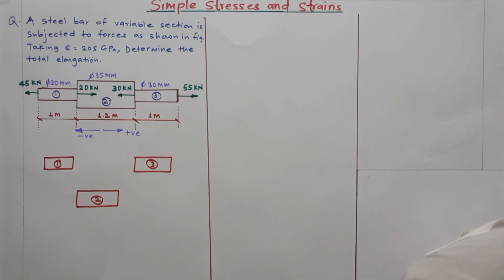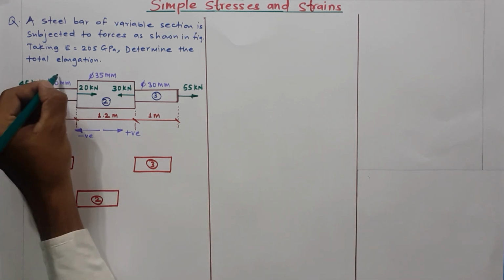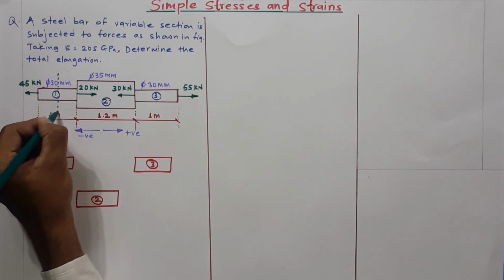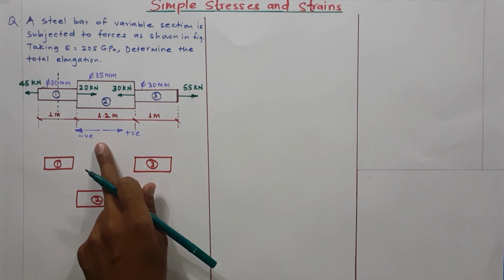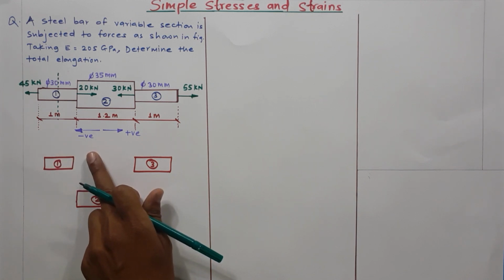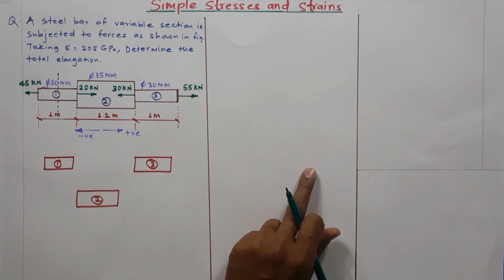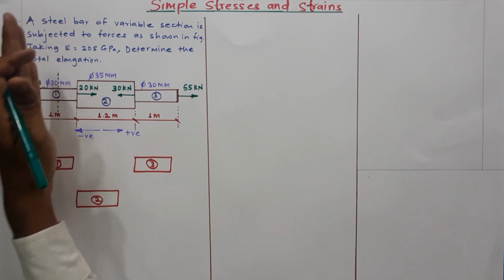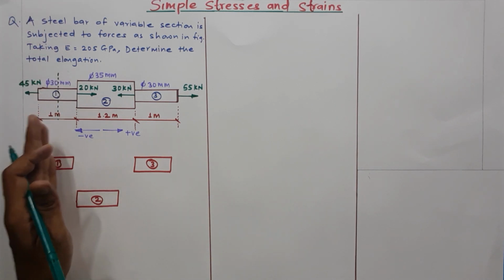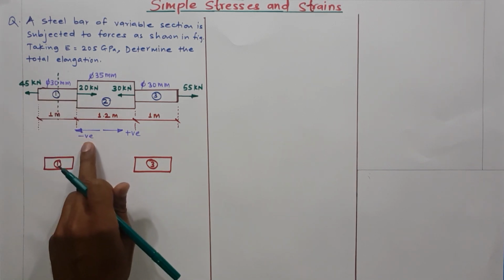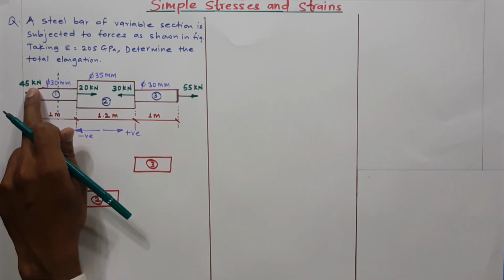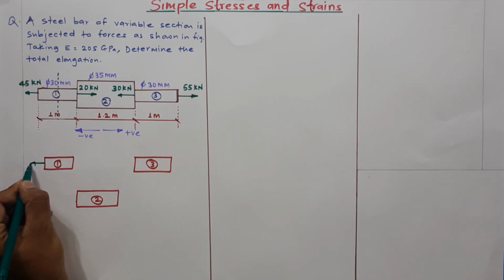Let's see then. We consider one section in the first part. See only the left side of forces. As we know the sign conventions, forces going towards left we take negative, forces going towards right we take positive. Left side of the section in the first part, there is only one force which goes towards left, meaning it is negative, and that force is 45 kilonewton. Here I draw that force, that is 45 kilonewton.